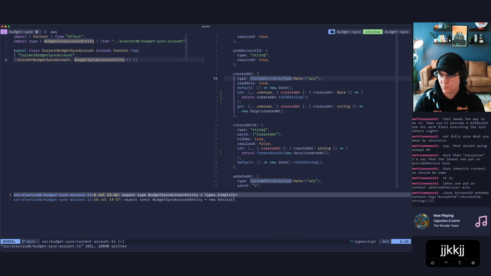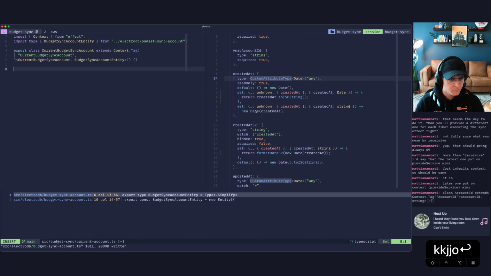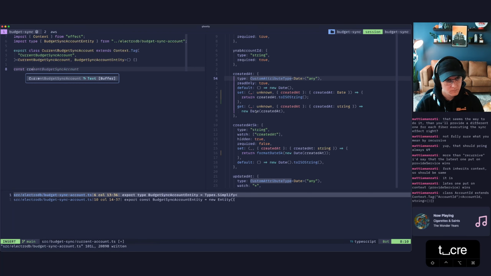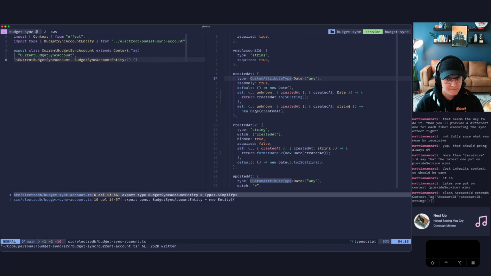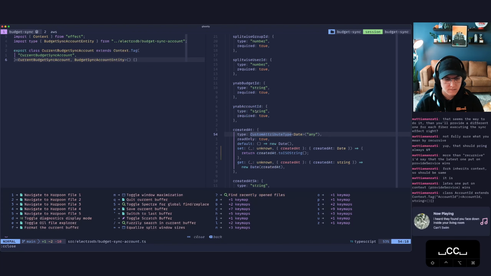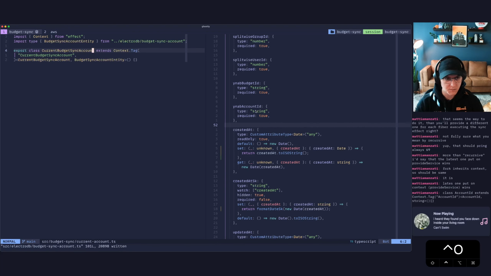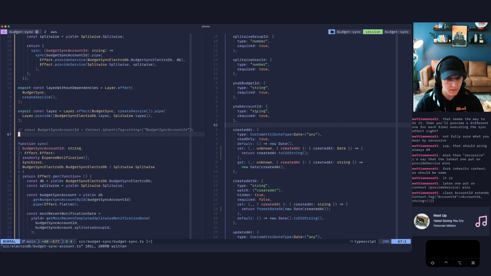I really think at some point I need to go update the types for ElectroDB. Actually, we don't need to do anything here. We just need the tag. So we'll come back over here and